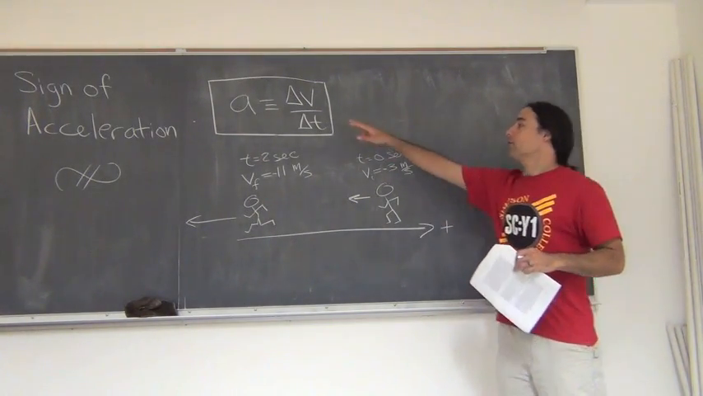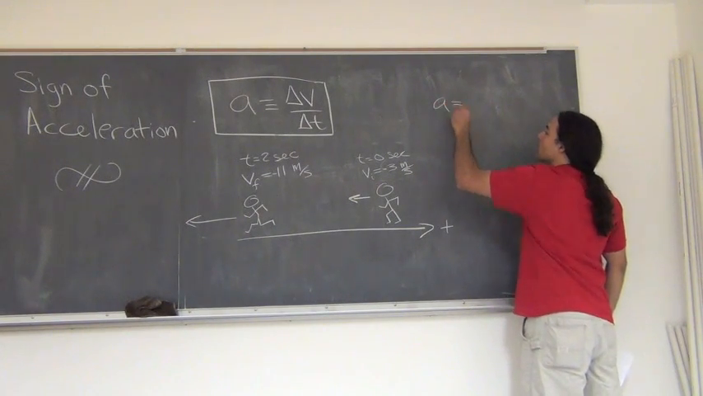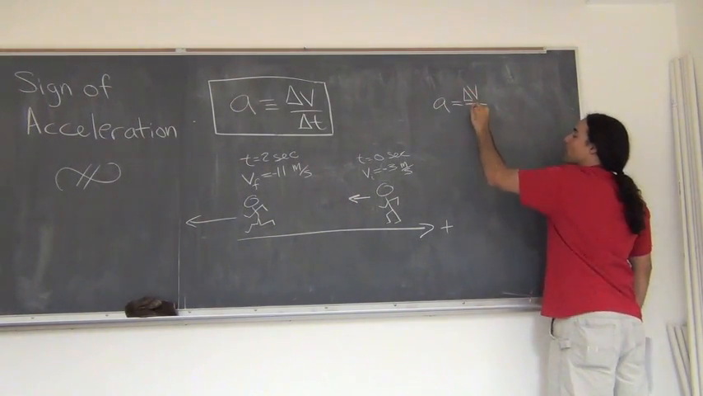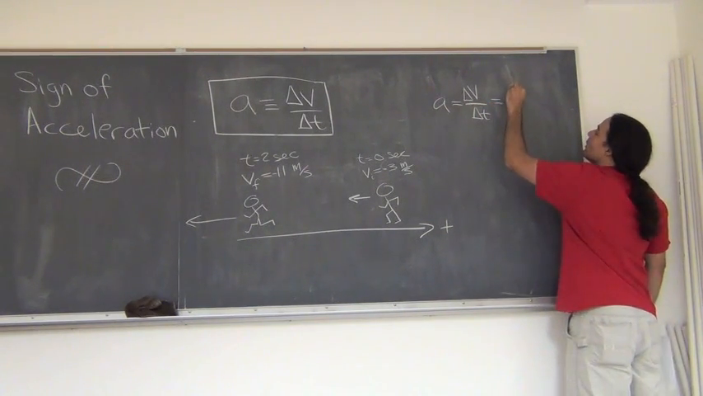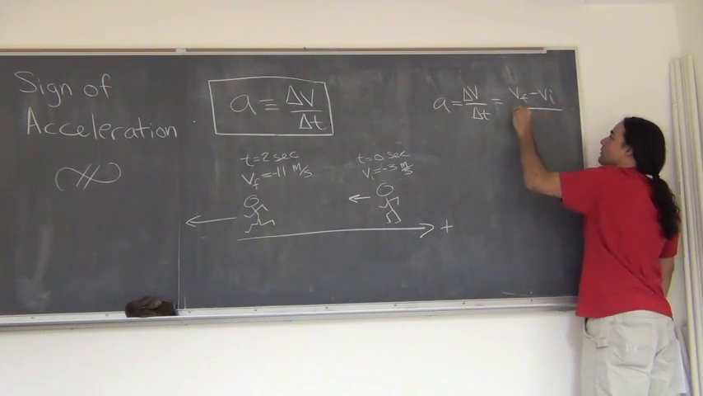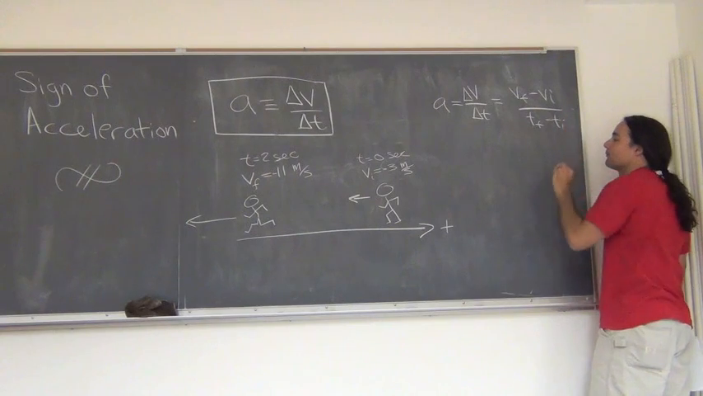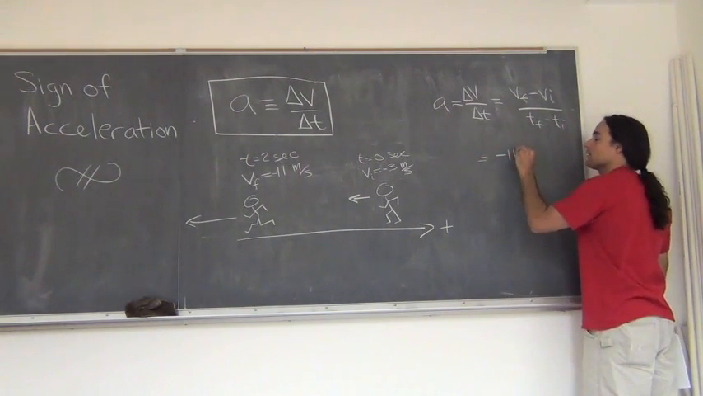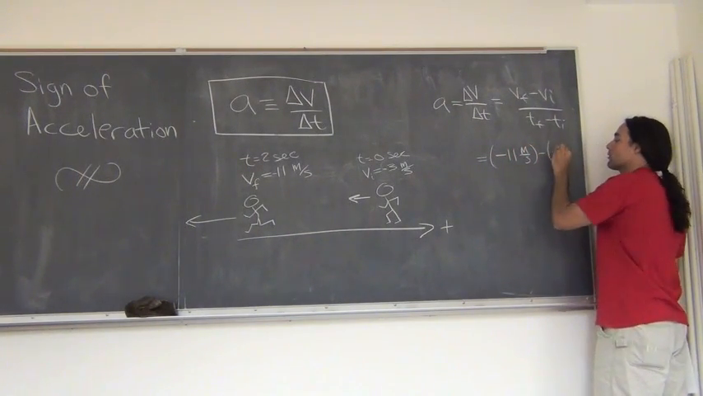Well, now let's plug into my acceleration formula. Acceleration is my final velocity minus my initial, or delta v over delta t, which is, in this case, again, just final velocity minus initial, t final minus t initial. But that would be my final velocity, which is a negative 11 meters per second, minus negative 3 meters per second,